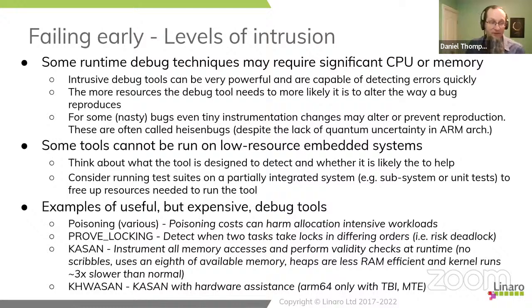Okay, the thing we have to discuss when we're talking about levels of intrusion, sorry, when you're talking about failing early, is the intrusiveness of the tool. By having intrusive tools, we can build very powerful tools that can spot very complicated errors and report ones that humans would find quite difficult to track. The problem is that because they are powerful and doing lots of housekeeping, they will also slow down the system and cause trouble for it.